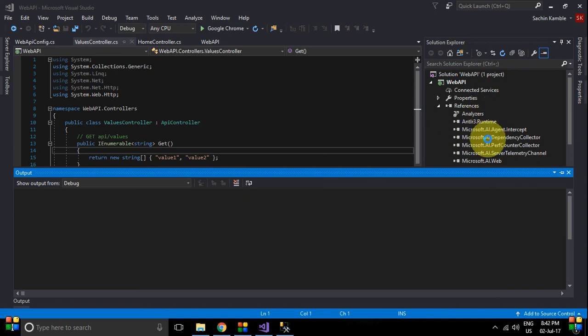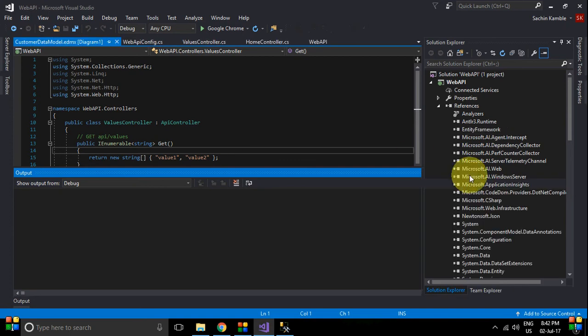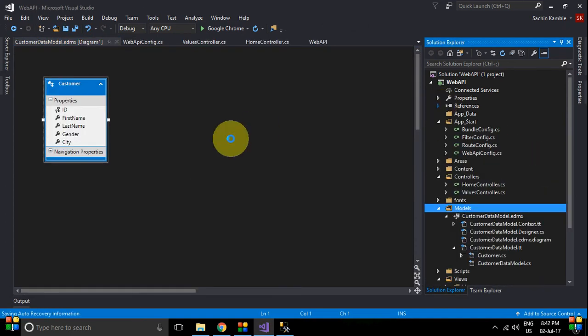So it's adding all the references of entity framework. And the table is displayed here: id, first name, last name, gender and city.